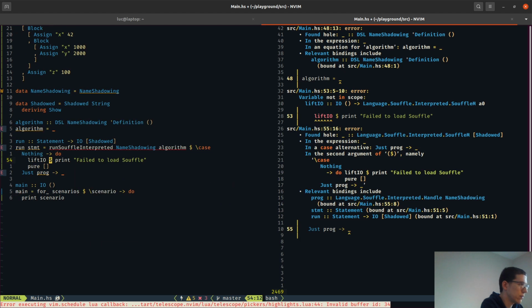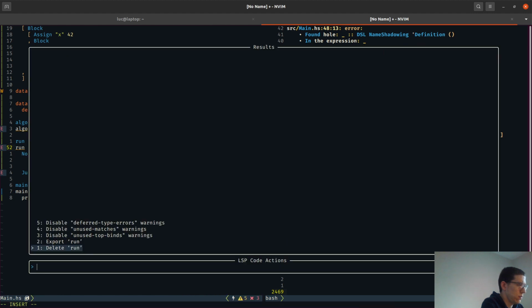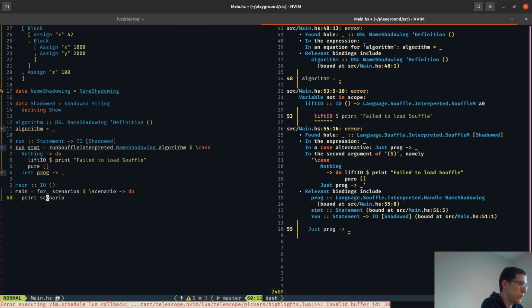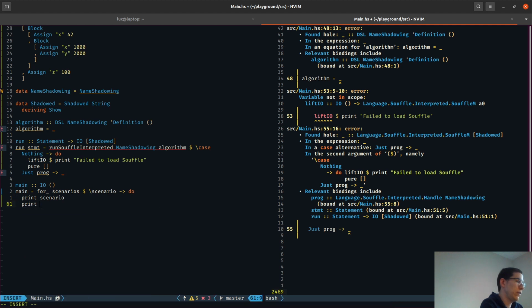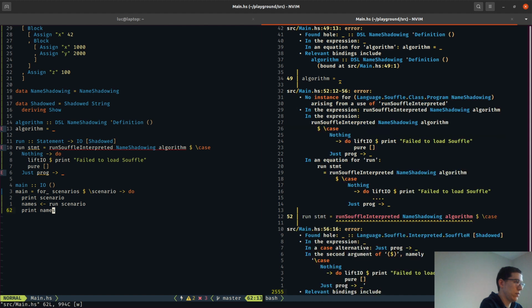Yeah, we need to print, run. Oh no, we need to get the shadowed names. Let's just do it like this. Run scenario print names. And then it's still complaining. Oh yeah, we need to add all kinds of metadata. So